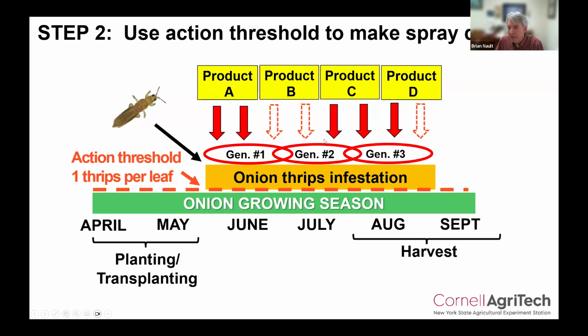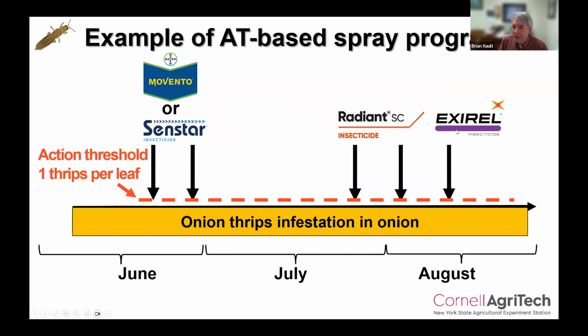Maybe the population after that increases and then you do have to use product C maybe a couple times. And then product D, you may only have to use once. So a real world scenario might be something like this, where you use Movento or Senstar, 2 applications, 7 to